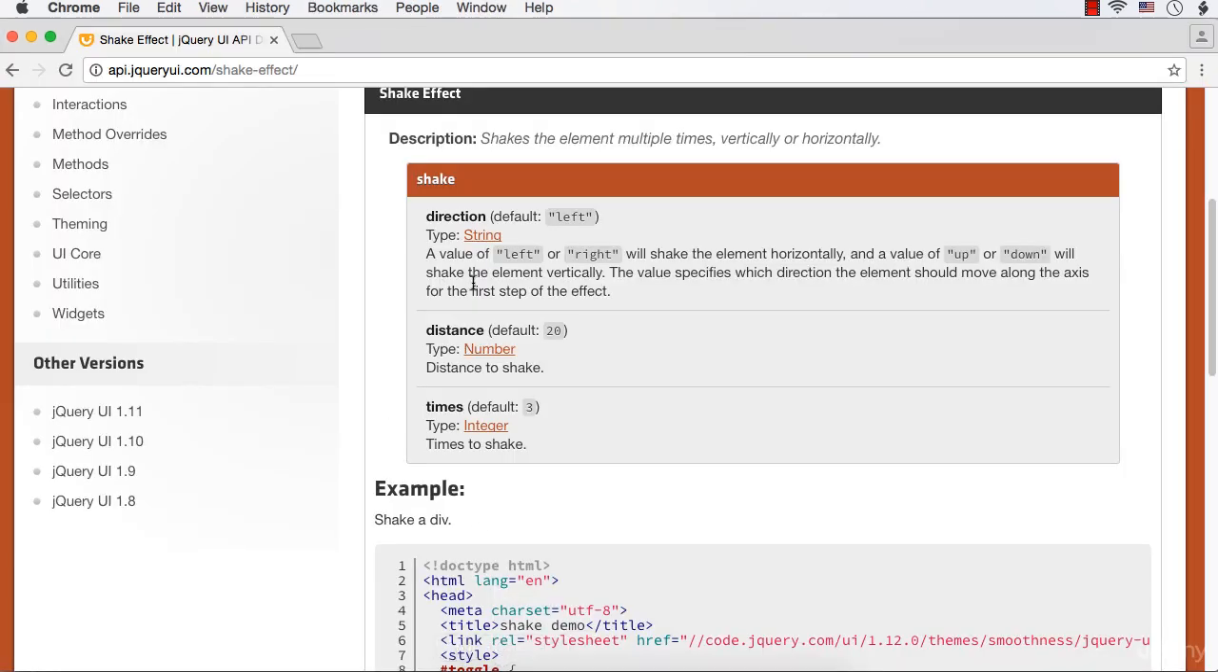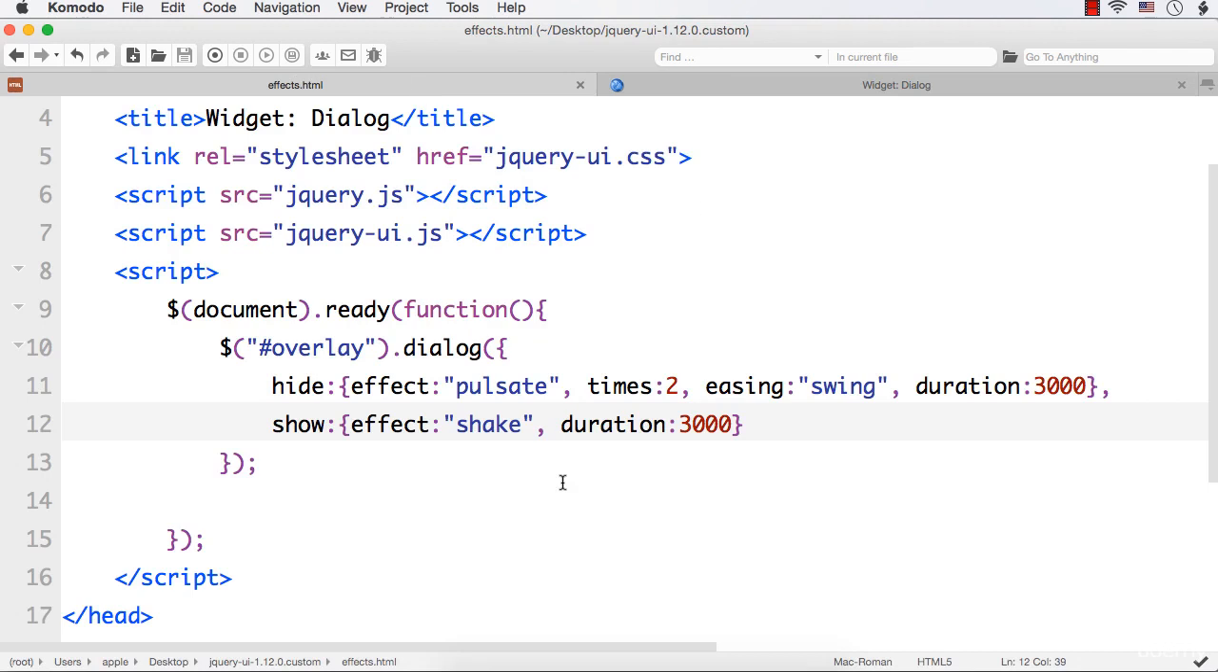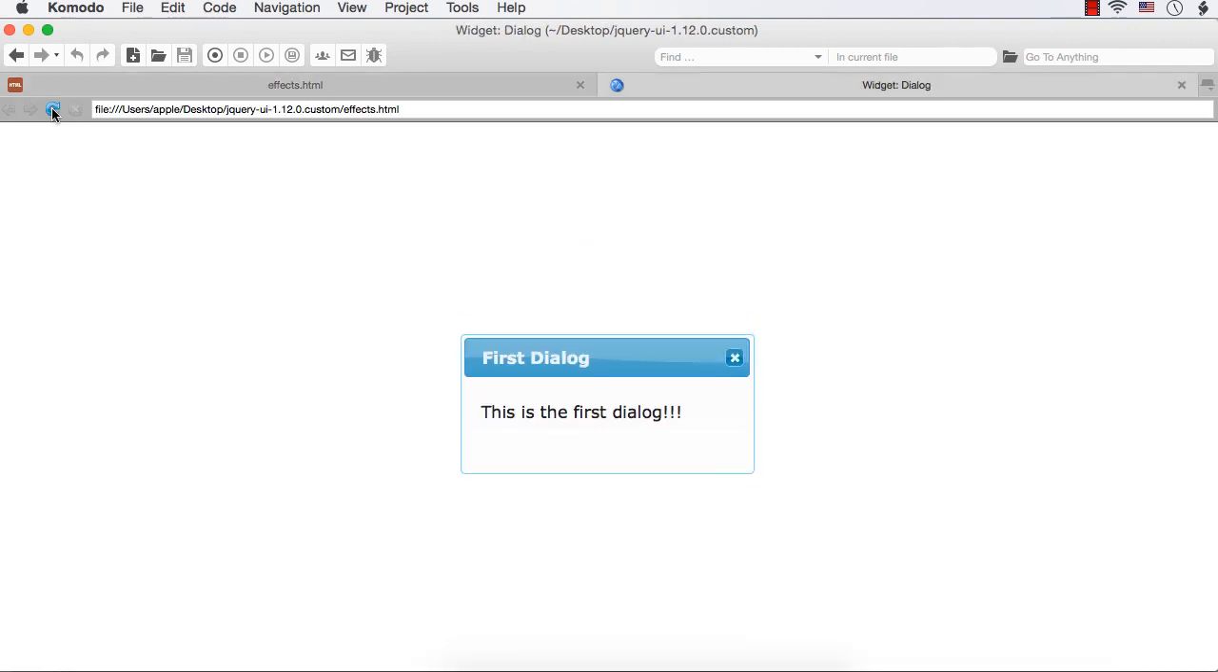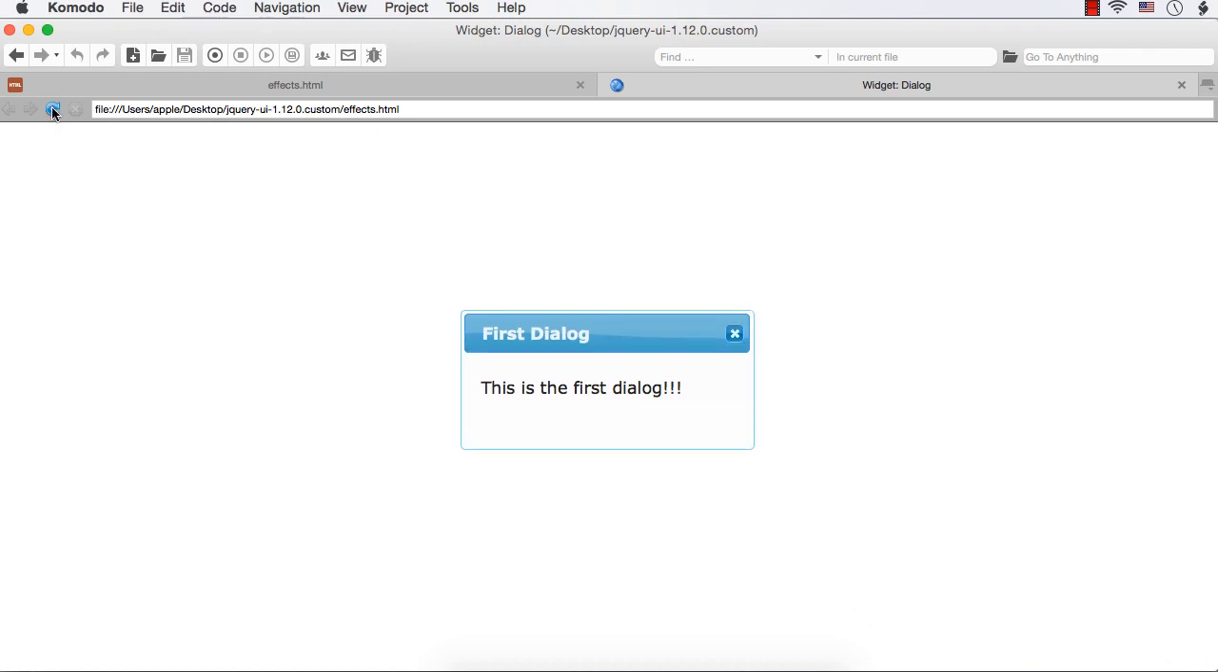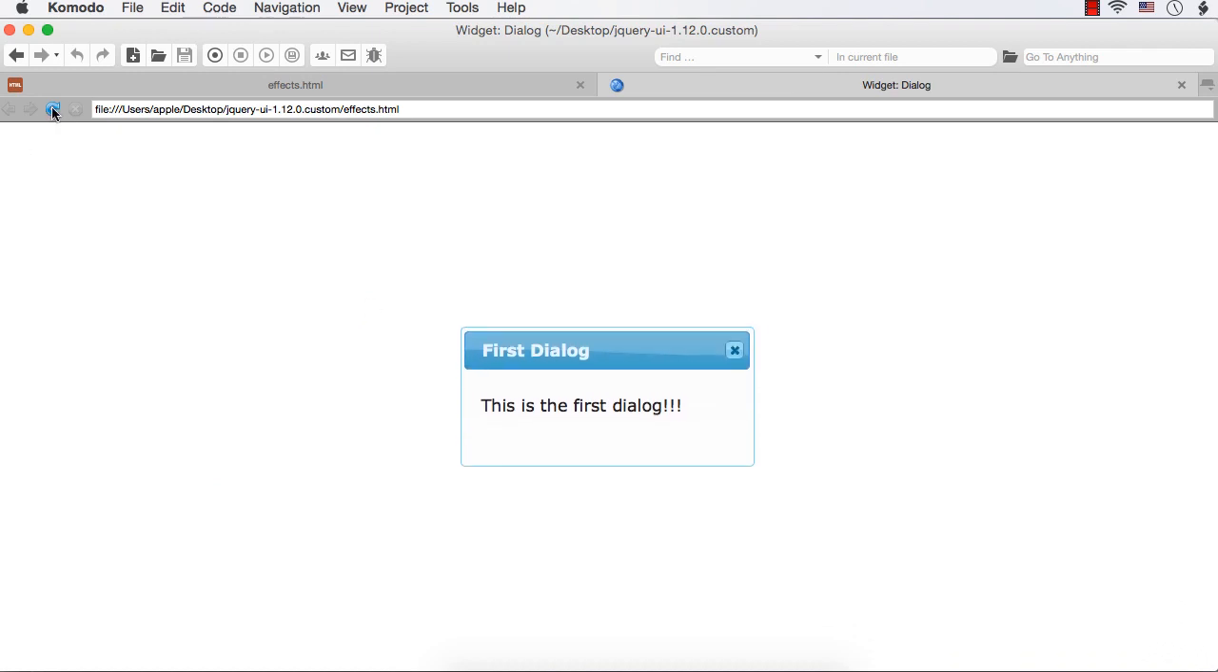So suppose we want to change the value of direction to up and times to 5. What will happen? Let's see that. Let me change the times to 5 and direction to up. Now let me refresh. See, it is shaking in the up and down direction, and there were 5 shakes. If you see it again, 1, 2, 3, 4, 5. Then it stopped. So this way you can use different kinds of effects for the hiding and showing of our